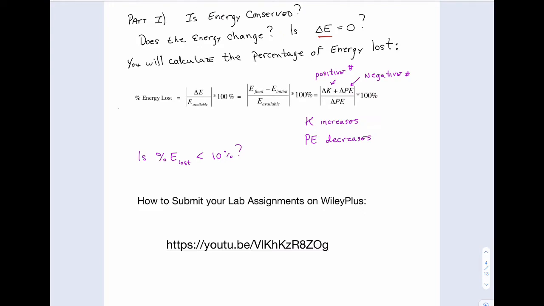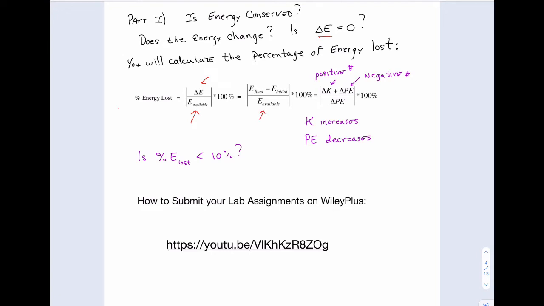So this is from the first page. If I want to calculate how much was lost, I want to know how much changed, divided by how much I have available. What does that mean? How much do I have available? Well, obviously we're not measuring potential energy from sea level. We're only measuring it from the table. So the energy that it has